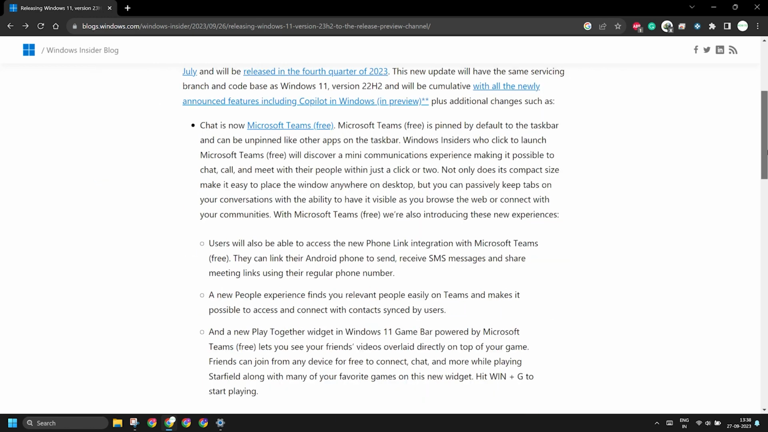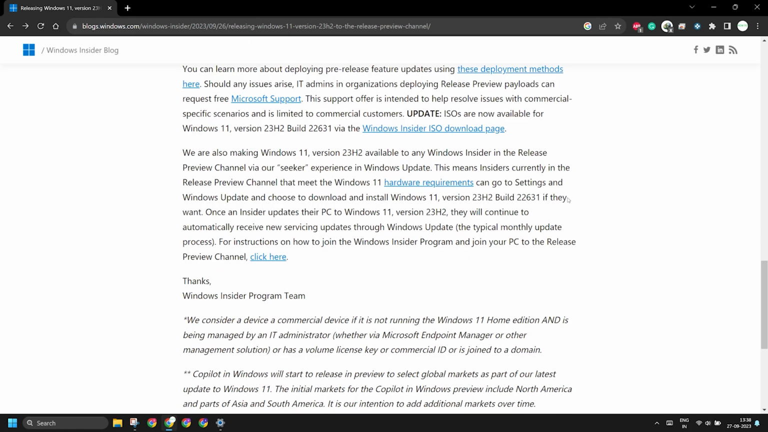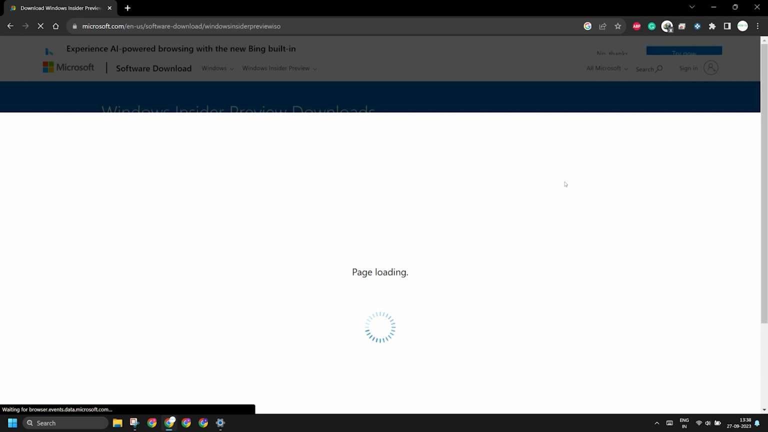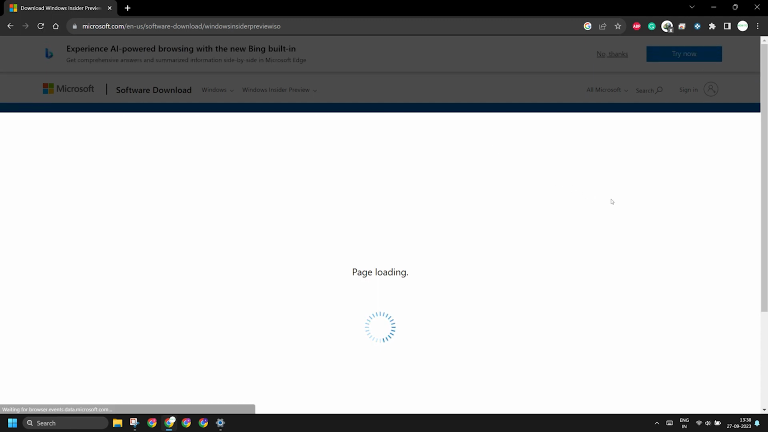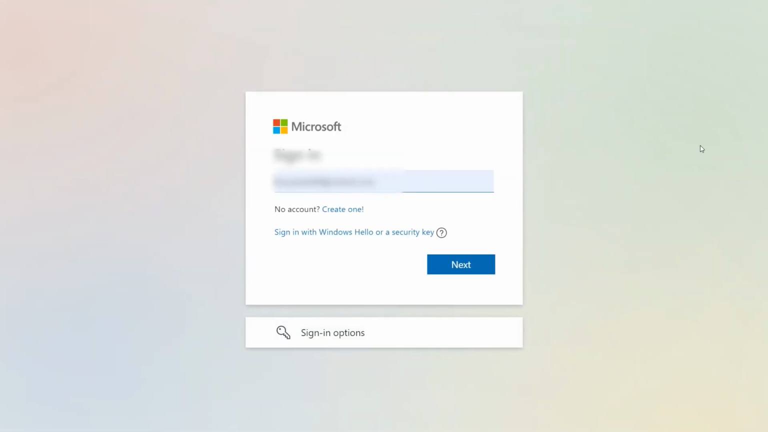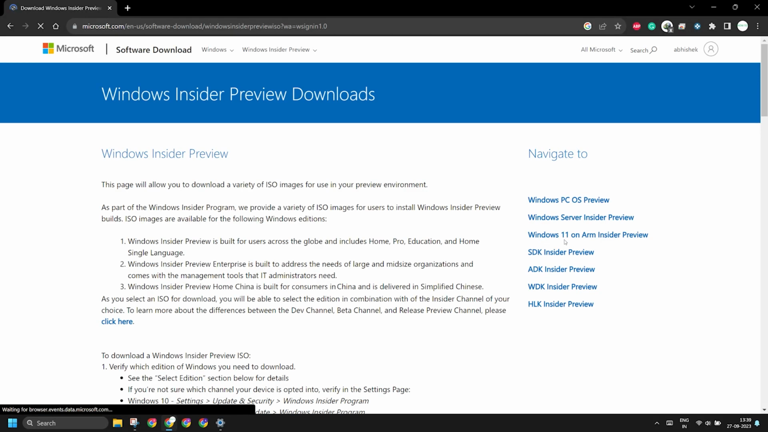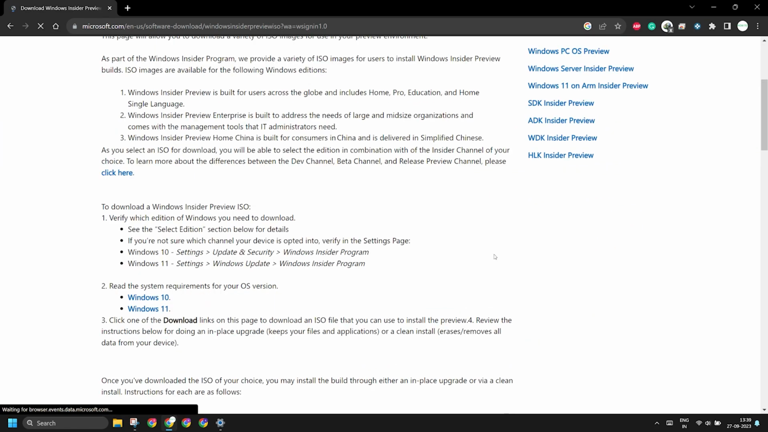link. The link will redirect you to the official Microsoft Insider download page, and you will have to sign in with your official Microsoft account that you use on your PC to access the ISO download page. Just click on the sign in option and then sign in with your Microsoft account that you use for Windows Insider. After that, scroll down and then click on the